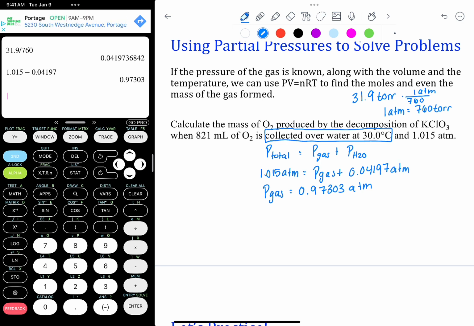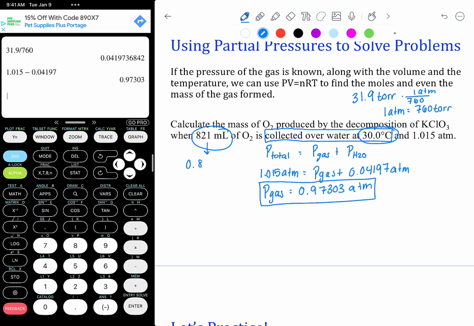There we go. So now we have our pressure of the individual gas, we have our volume, and we have our temperature. So we can now solve for n. We're going to just quickly convert milliliters to liters, 0.821 liters, so that we can use R appropriately. But we get P of 0.97303 times the volume, 0.821 liters, is equal to n, which we're solving for, times R,